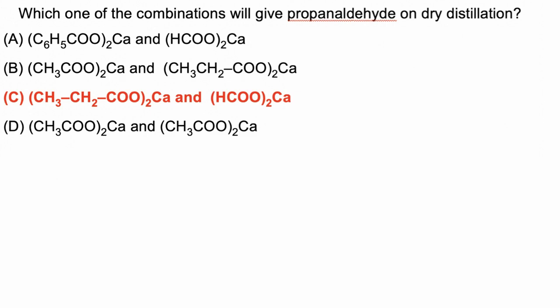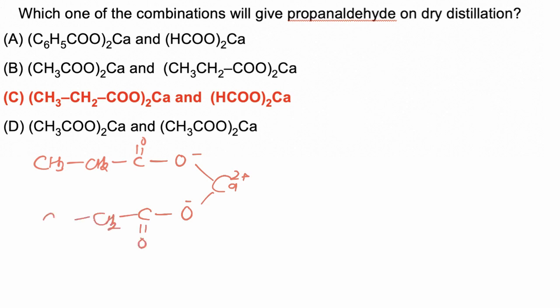In this question we have to find which one of the following combinations will give propanaldehyde on dry distillation. So calcium propanoate is taken with calcium formate; on dry distillation, these two molecules give propanaldehyde. Now this is